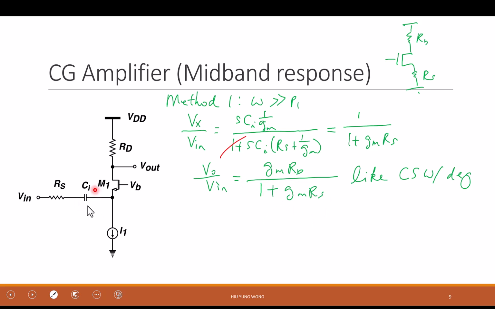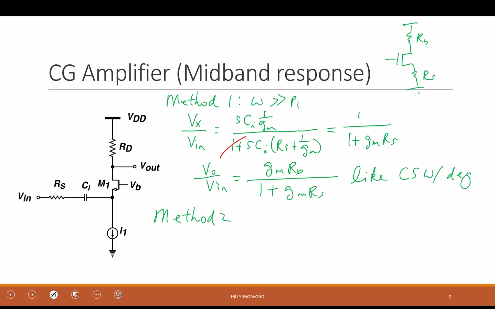When I am at high frequency, C1 is shorted. And if RS is small, then Vin is just like applying to the source directly. And that is just the gain of a common gate amplifier, right? So it's gm RD. So this is one thing, right? Another method is like this. It's not really